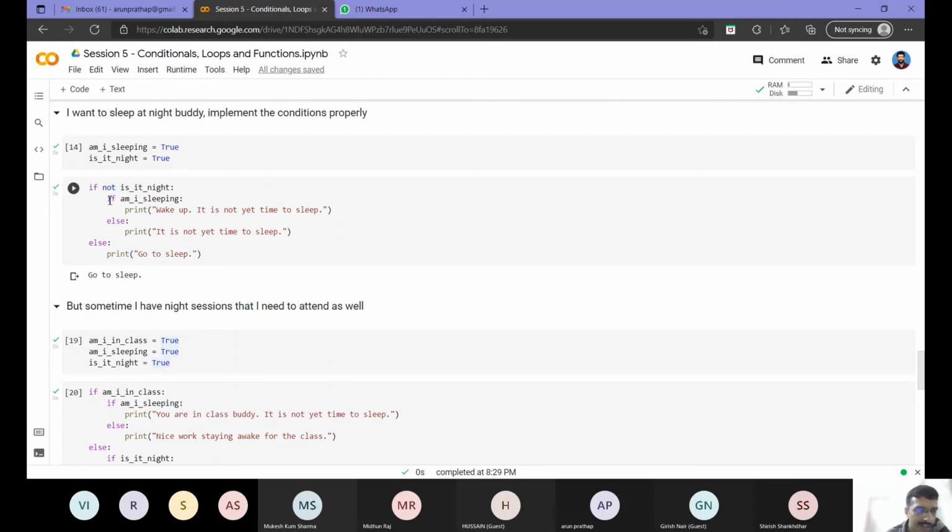Then here I have an indented block. This indented nested if means that this will be executed only if the condition for this if is true. So suppose if not, it is night. That means that if this condition becomes true, then it will go to this block. You can consider it like an independent if else inside this. So here the matched else for this if is this one, not this one, right? So if am I sleeping is true, it will execute whatever is inside this print. And if this local nested condition is false, it will come here.